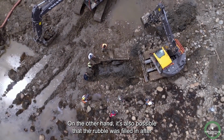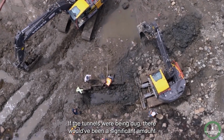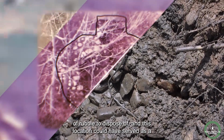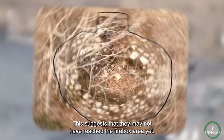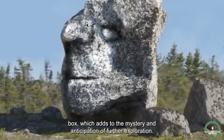On the other hand, it's also possible that the rubble was filled in after a construction project on Oak Island. If the tunnels were being dug, there would have been a significant amount of rubble to dispose of, and this location could have served as a convenient spot for that purpose. This suggests that they may not have reached the firebox area yet. Those rocks that produce the hollow sound could potentially be covering the firebox, which adds to the mystery and anticipation